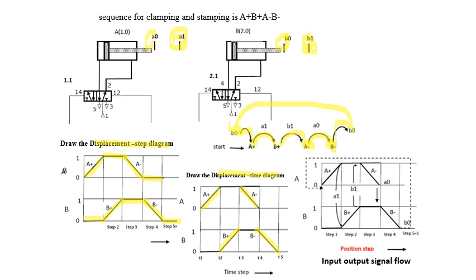The same thing we have mentioned in the displacement step diagram. First cylinder A forward, then A1 will be the signal for cylinder B forward, B1 will be the input signal for cylinder A, so that cylinder A will retract back, then it will generate the A naught signal. The A naught signal will allow cylinder B to retract back, then the B naught signal will be generated using a limit switch, that will be the input for cylinder A to move forward.